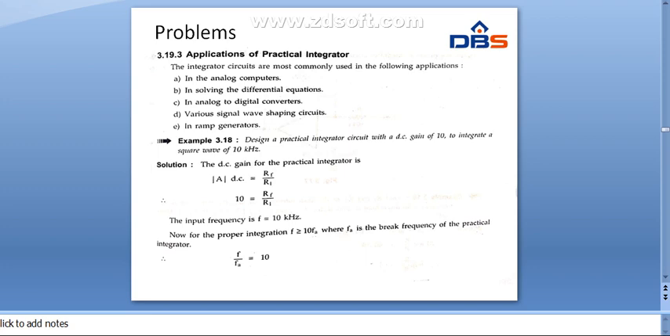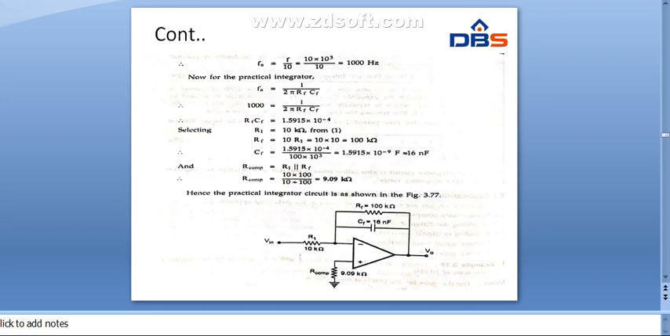For proper integration, the condition is F must be greater than or equal to 10 FA. Here FA is the break frequency of the integrator. From this relation we can write F by FA equal to 10. Then FA equals F by 10, which becomes 1 kilohertz. For the practical integrator, the break frequency FA is 1 by 2 pi